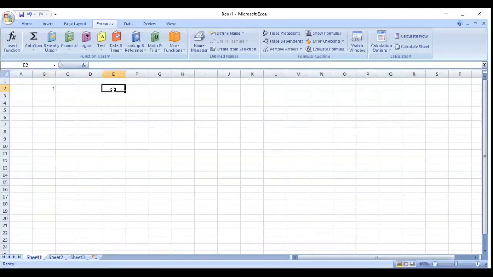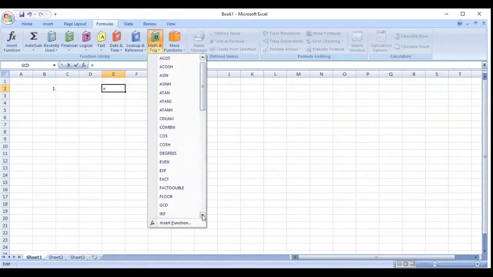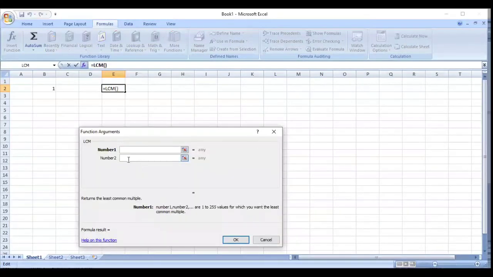Now let me select the other cell. Now I have selected one more cell here. And I will type here the equal to sign. Then I will move to Math and Trig, and then from here LCM. I have selected LCM.